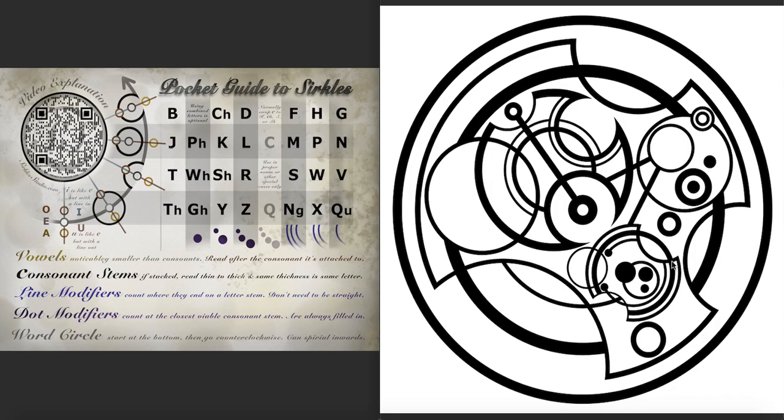And lines that pass through stems don't count, but lines that end on stems do count. So these 2 thin lines end on our stem. That means it's a 2-line shallow divot letter, and that letter is a W. And then we have an A